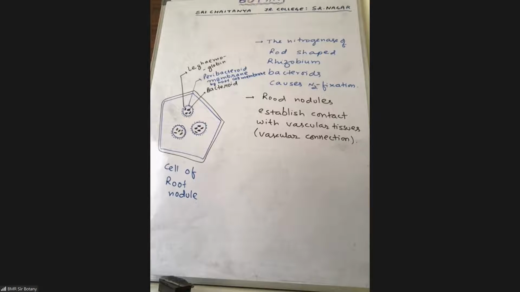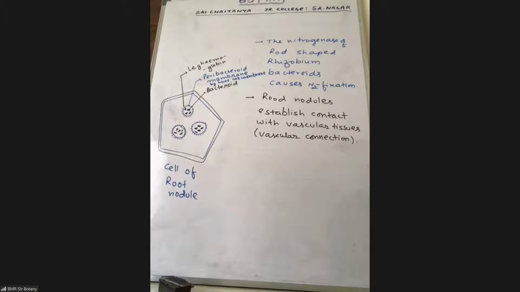During that time, auxins are released from the host, cytokinins are from rhizobium bacteria. Then what was happening in rhizobium bacteria? They were multiplying and changing their shape, becoming rod shaped. What were those rod shaped called? Bacteroids. Then around the groups of bacteroids, a membrane is formed. Who formed that membrane? The membrane of the host cells. And it is surrounded by a thin film of leg hemoglobin. That's how it protects the enzyme nitrogenase from the toxic effects of oxygen.